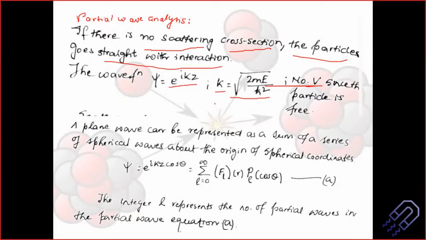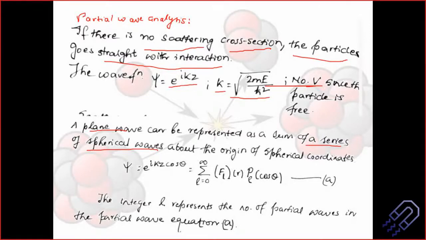Now if we consider a plane wave, and go back to wave optics, or your class 12 knowledge of waves, and we talk about wave fronts, spherical wave front, cylindrical wave front, plane wave front, and so on, this plane wave is actually nothing but a sum of a series of spherical waves. Why is it a sum of a series of spherical waves? Because in this case we are not considering a one-dimensional picture. It is a three-dimensional picture, so these waves will travel in all three dimensions.